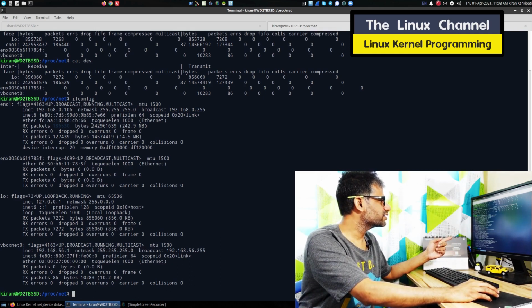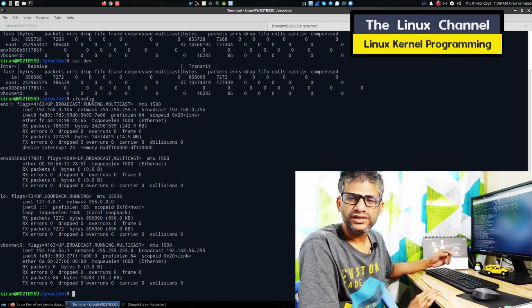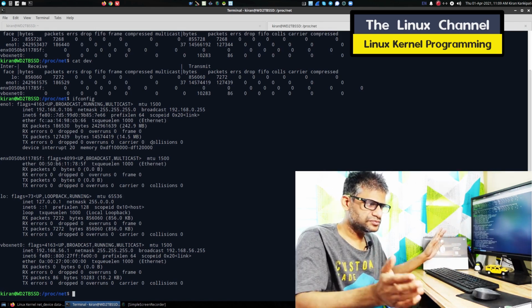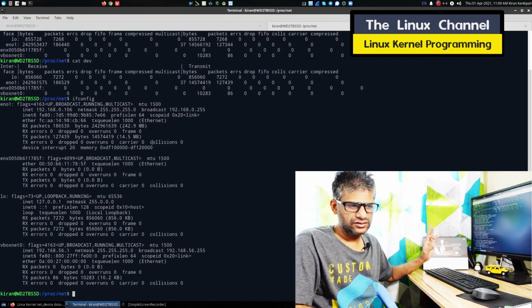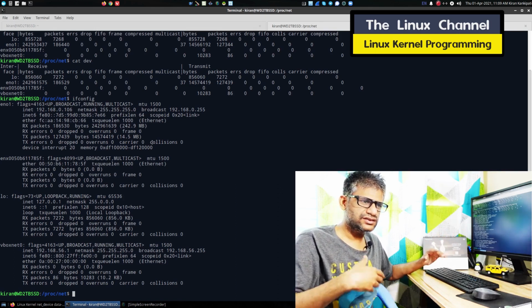Again you can see there is a tally for this 242 MB or 242.96 whatever. You can see it is tallied here, 145 something, and it is tallied here, and 127 it is tallied here.